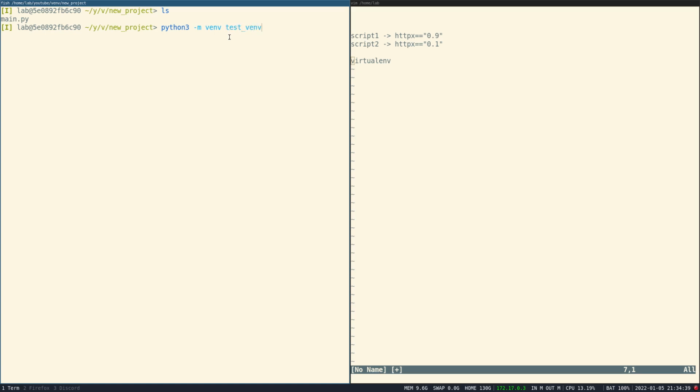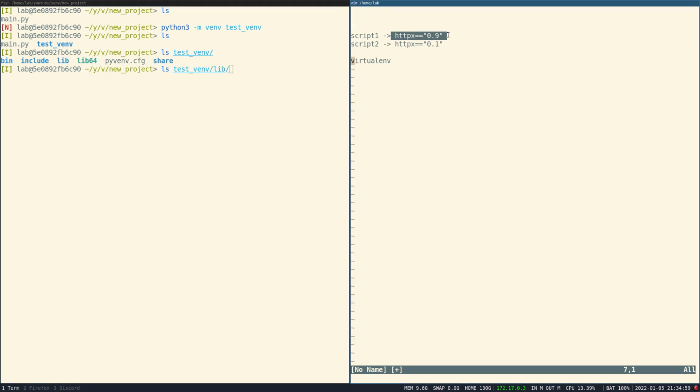So I will put test venv. It is running, and it creates a directory, test venv, at whatever path you give. Let's see what is inside this directory. It has a few more directories, and I want you to take a look at lib, because that is where all of the libraries like HTTPX will live.